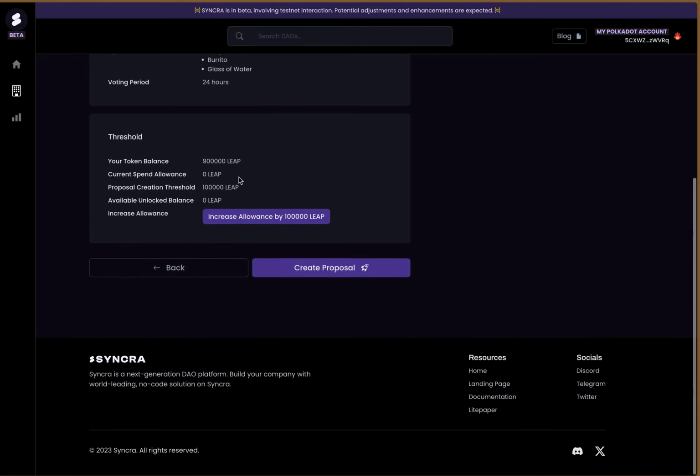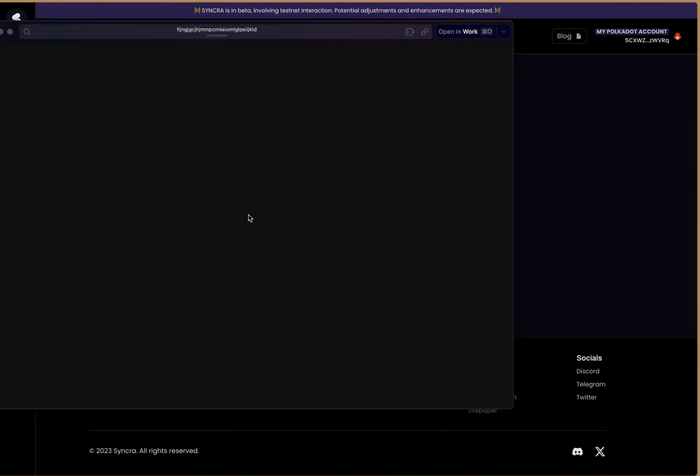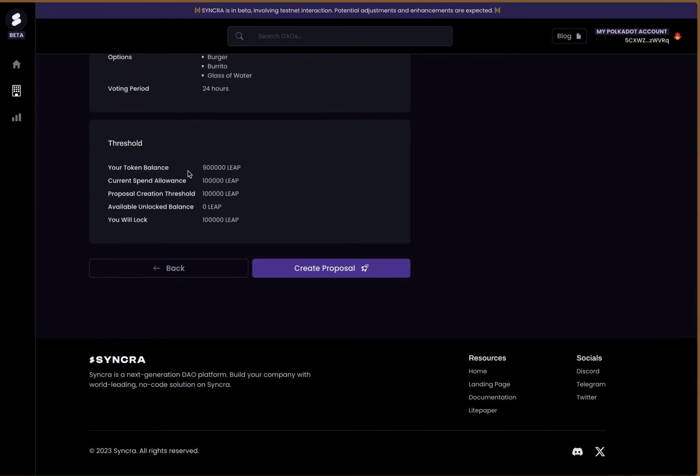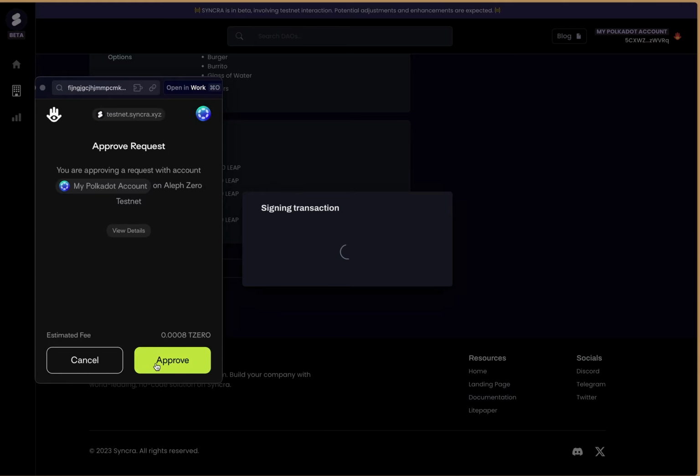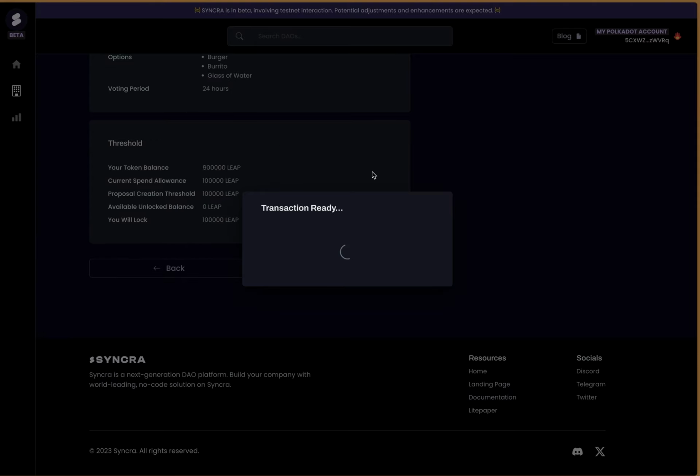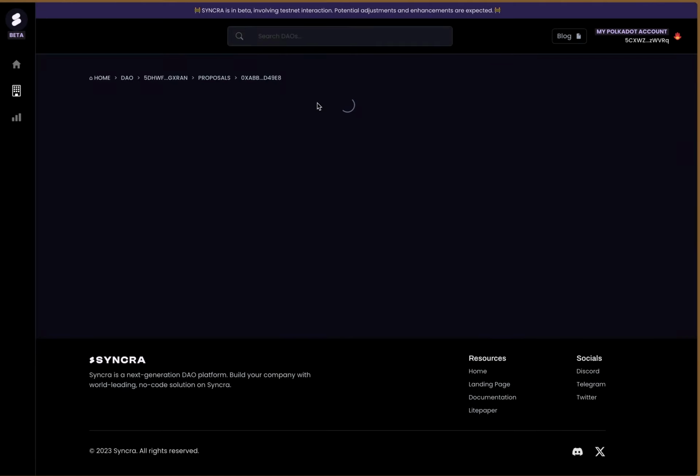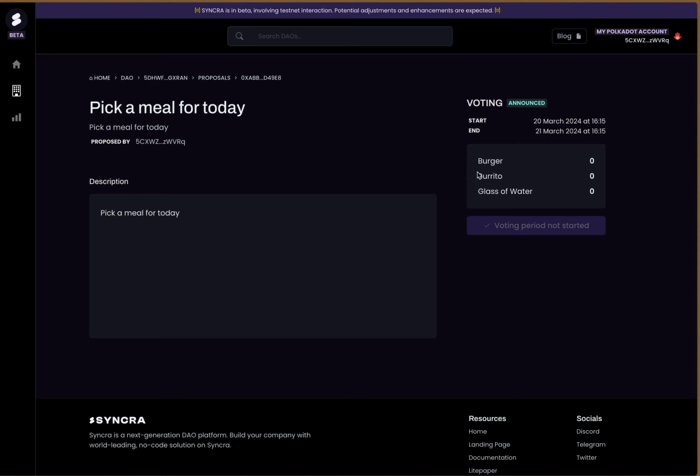Next. I now need to increase my allowance by another 100k because my original 100k is locked because of the previous proposal. So now I've increased my allowance, and now I can create a new proposal. So now 20% of my entire balance will be locked in the system, which means that I can only make a maximum of 10 proposals, and that's only if I don't want to vote on anything else, I think. So let's view this proposal that's been created. Okay, we now have these options. Again, voting has been announced. All right, I'll distribute the tokens, the community will vote, and I'll report back with the findings.